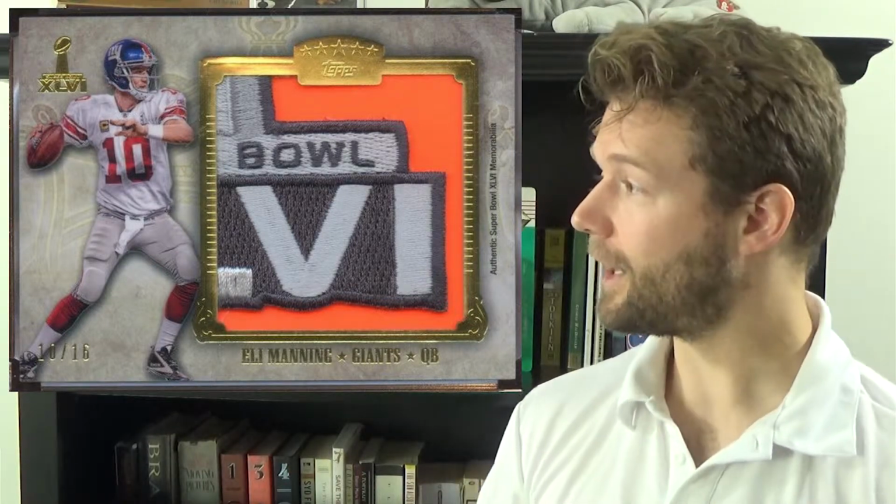For number 8, we have an incredible patch from 2012 Topps 5-Star. This Eli Manning patch is a hard one to miss no matter how you display it. Now, the literature on the back of the card states that the relic inside the card is from Super Bowl 46 played at Lucas Oil Stadium. The patch is mounted on a bright orange background, however, which is a color nowhere to be found on Giants jerseys, and the words game worn don't actually appear on the card, so trust the authenticity of the patch itself